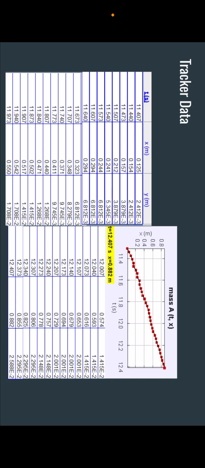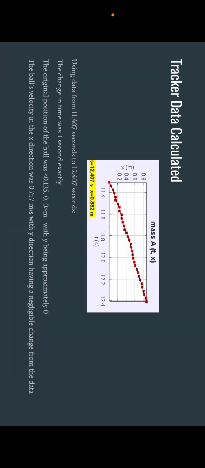And you can see that the graph of the position versus time is relatively linear, which shows that it is in constant velocity. So calculated, we're using data from 11.407 seconds to 12.407 seconds